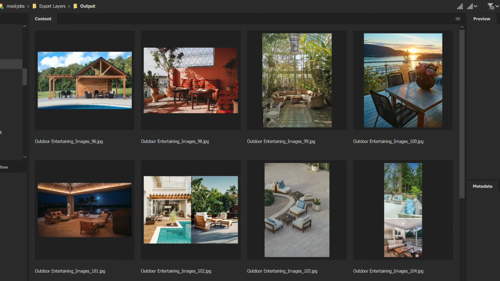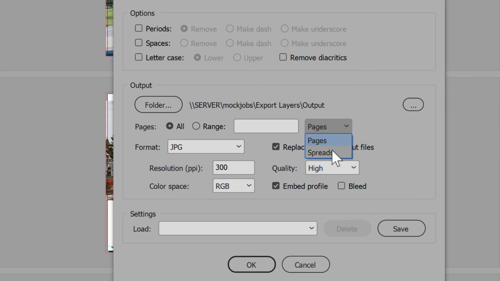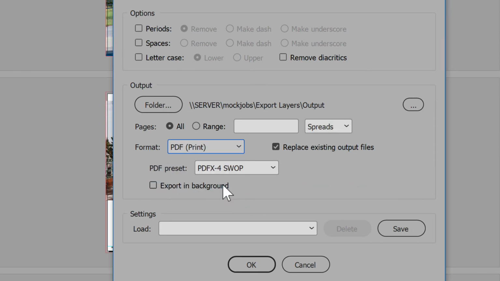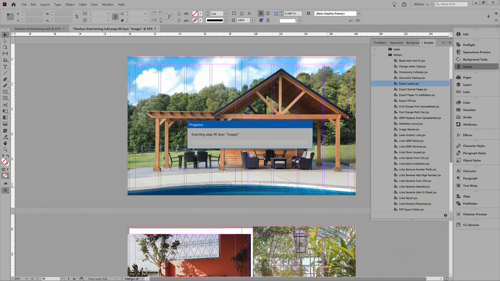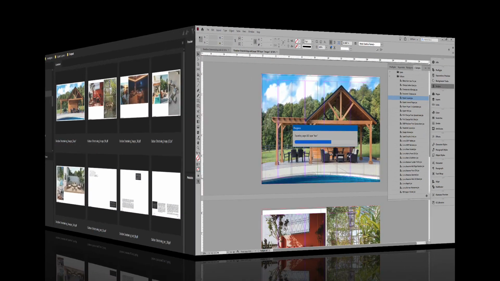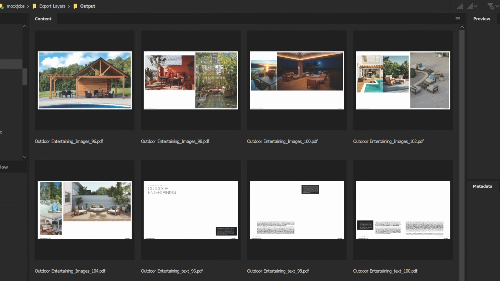And there it is. Now we'll do spreads to PDF. And you can see that changing options makes a big difference in the result.